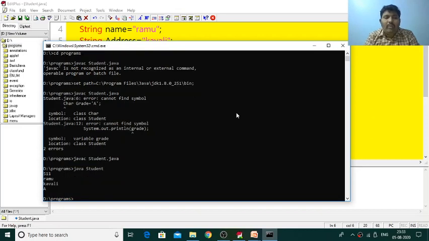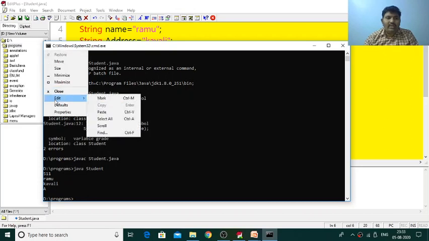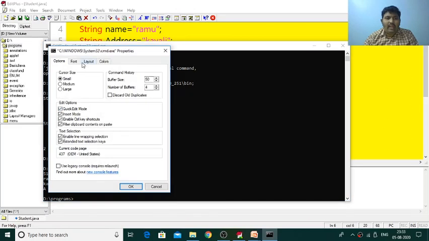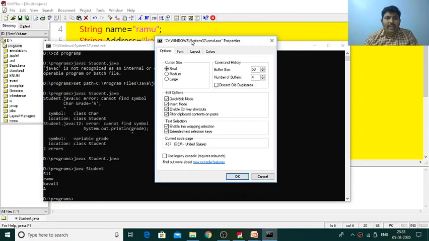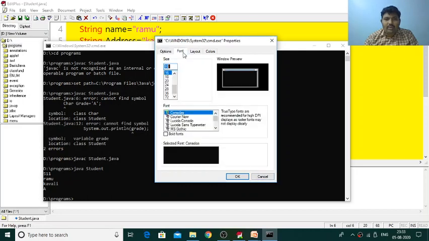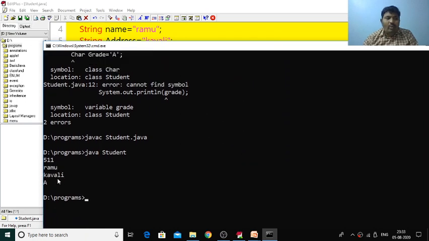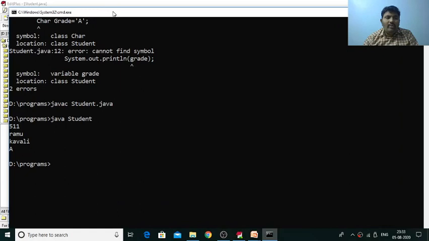Then the program will run, and all the details we have given will be automatically printed. So we are able to see this output. It is showing us 511 Ramu, Kavali, the information is automatically shown.